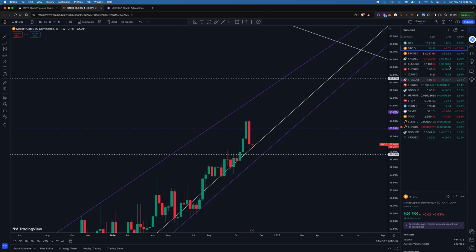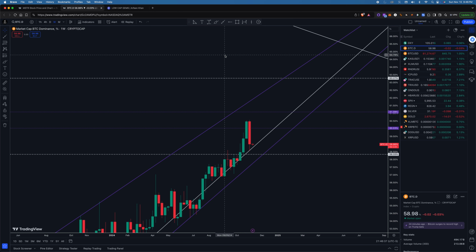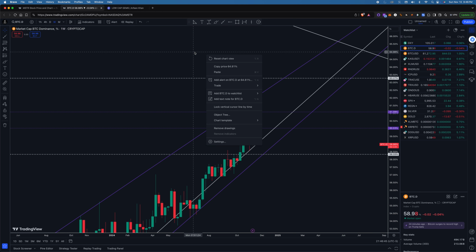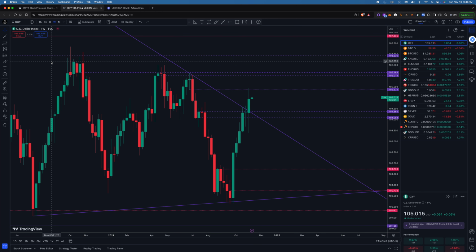But again, that explains why we're seeing a lot of these altcoins pump more than usual, right? Usually, lately, when the Bitcoin dominance increases and Bitcoin moves up, the majority of the time we don't really see altcoins move that high. But because the dominance is going down and Bitcoin's going up significantly, we're seeing these altcoins have a pretty dramatic effect on the upside. So that explains why. Okay, so DXY,